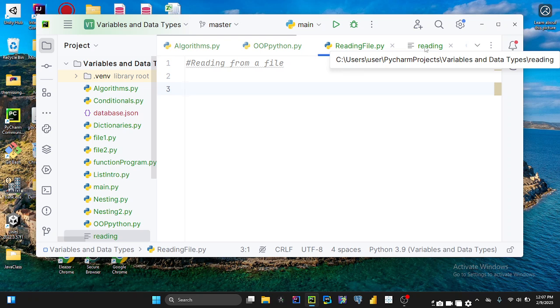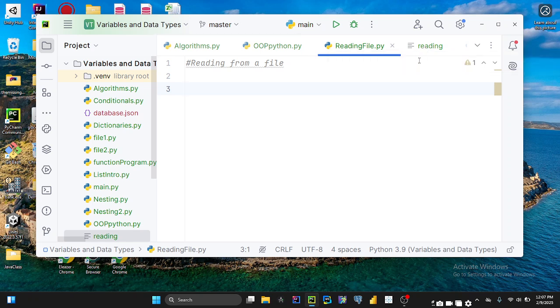Now, one thing you should note is this. When you are creating a variable for a file whose content you intend to access in PyCharm, you want to make sure that the name of that file is written within single or double quotes. Python treats that file as a string value. So I would create a variable. I can call it contain, doesn't matter, is equal to, open up a double quote or a single quote and write reading, the name of the file. After that, you can come here and say